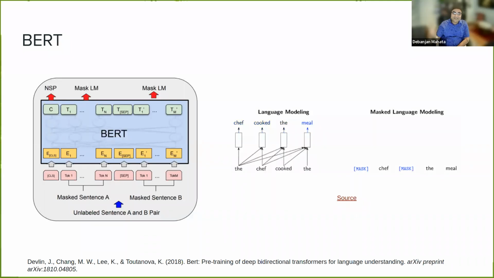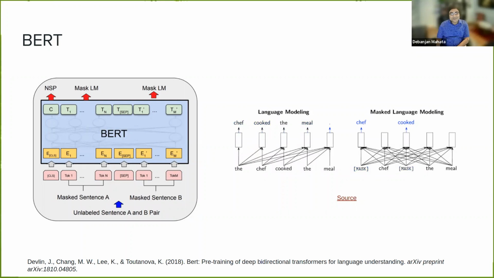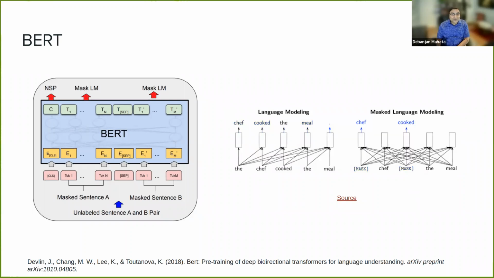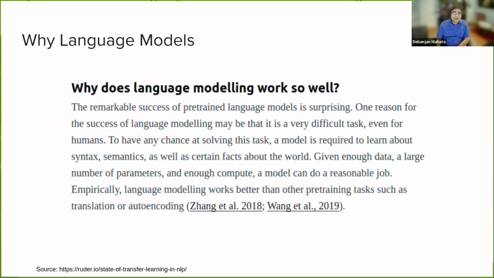And right from there, several approaches have been proposed. I don't want to bore you by talking about that, and I assume all of you are aware of these. So now, why language models? This is an excerpt from Sebastian Ruder's blog: the remarkable success of the pre-trained language models is surprising. One reason for the success of language modeling may be that it is a very difficult task, even for humans. And once you learn these masked language models, you end up learning about the syntax and semantics of the